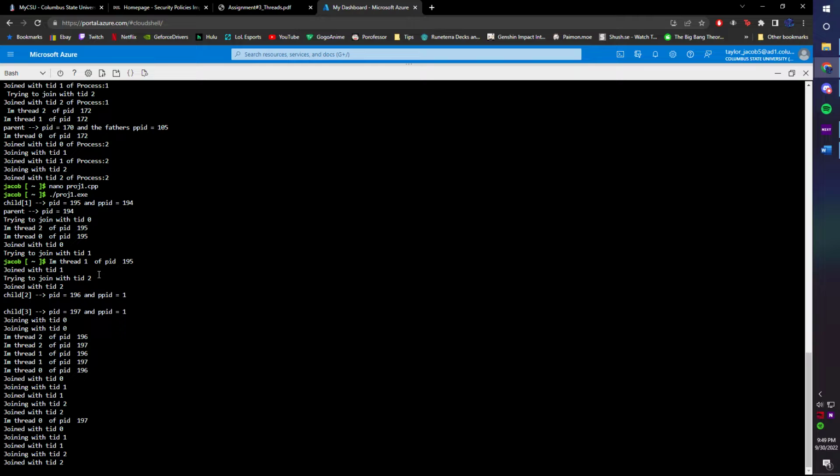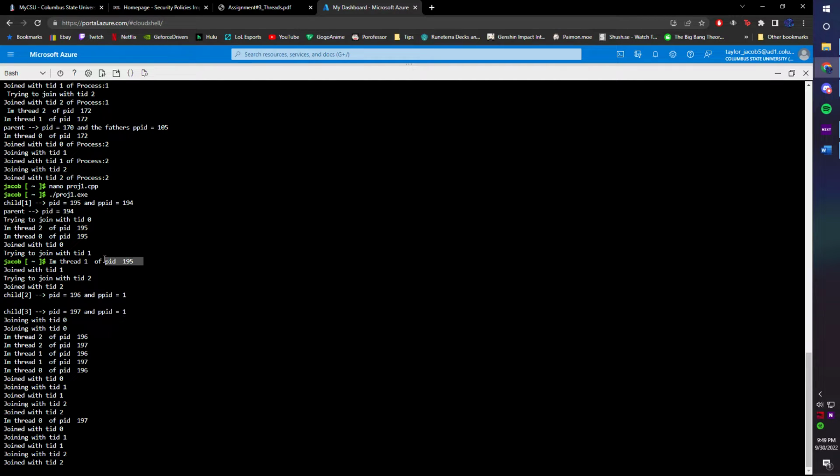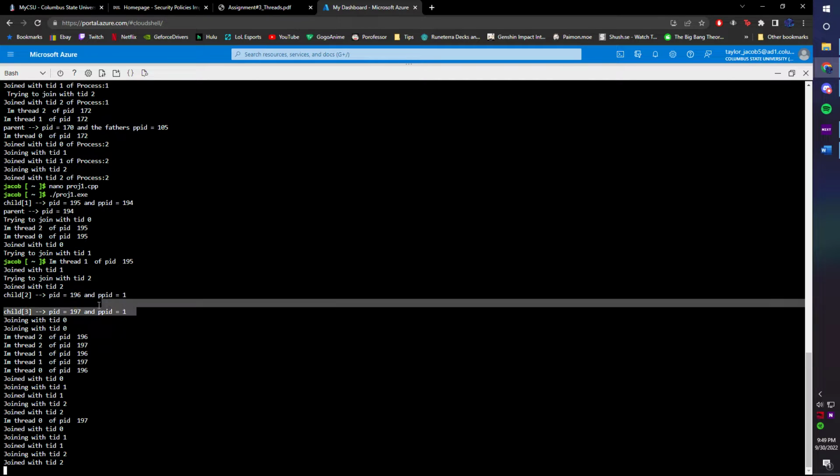That's also how I wrote it. I guess, thinking about it now, I could have just said 1, 2, 3, but I wrote it so that it prints the PID or the ID of the process that created the thread instead of the child like 1, 2, or 3. I just thought about that now. I apologize. But then we can see it trying to join with 1, 2, and here it finally prints